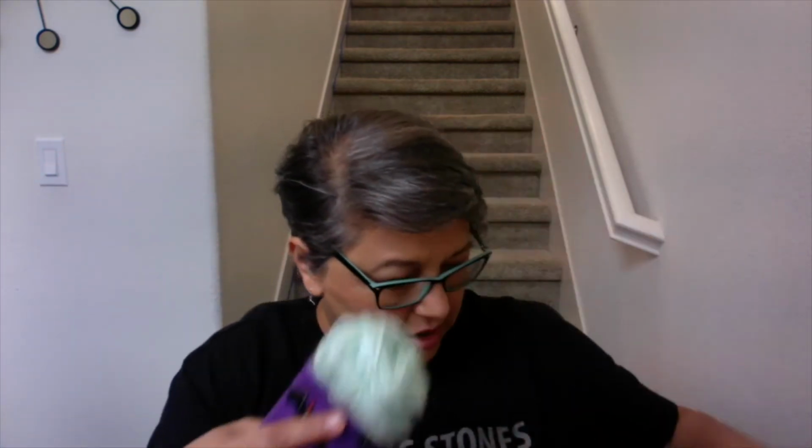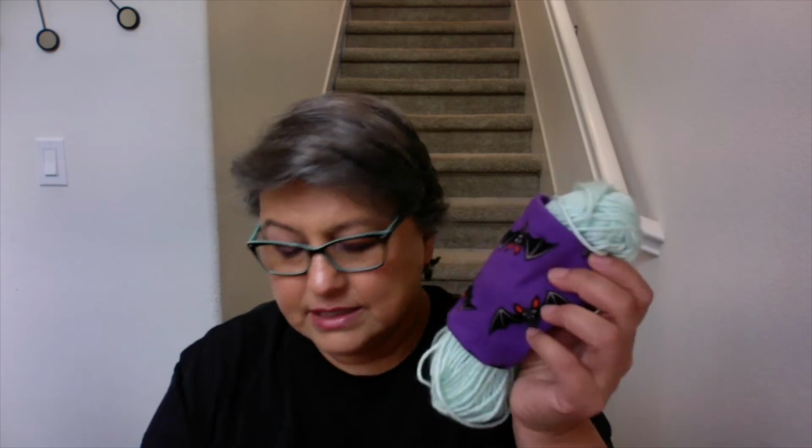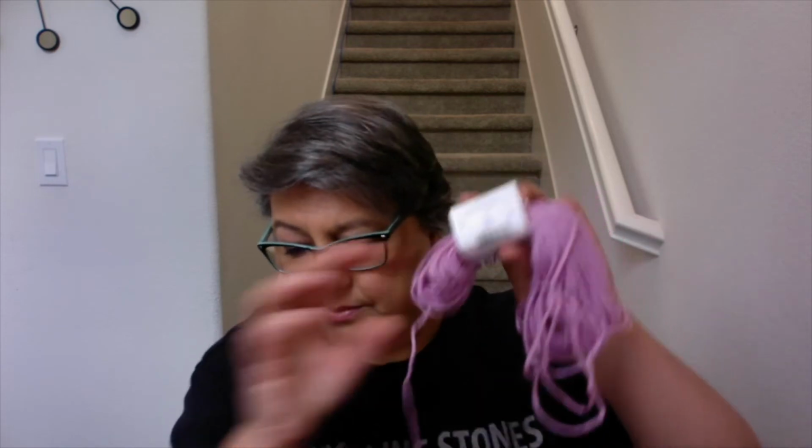So yeah, this is also a Basic Stitch skein. Don't ask me what this color is because, oh, I might have that one. Did that one fall off? Nope, I threw that one away too. Sorry guys, but it is Basic Stitch anti-pilling. And these are all 4 weight, worsted weight. This is also Basic Stitch, again, I don't have the color, in the skein holders. And then the last one, Basic Stitch. So obviously, at some point, I got some Basic Stitch yarn and then didn't use it. And this one does have the color Prism. So these are all of my colors that I'm using